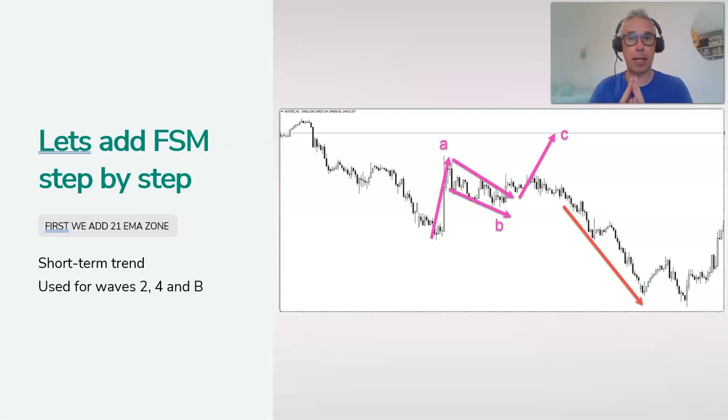Let's take a look at that step by step. Okay, so first, let's take a look here at a blank chart. One could see a downtrend, obviously, but a very strong push up, which is a wave. Let's say it could be a wave A, right? Because that's typical, right? A very strong impulsive move could easily be an ABC pattern, here pink, for such a move. Then we see actually a corrective wave B, and then we see a break above the resistance and the flag. And we could easily think from an Elliott wave perspective that the wave C has started. We would expect a bullish price swing, right?